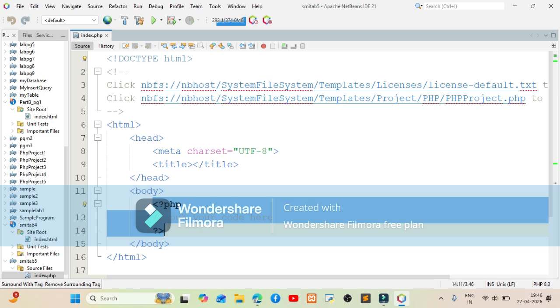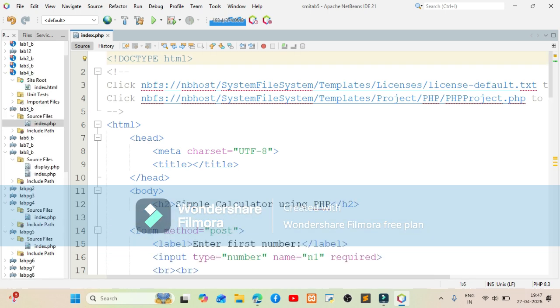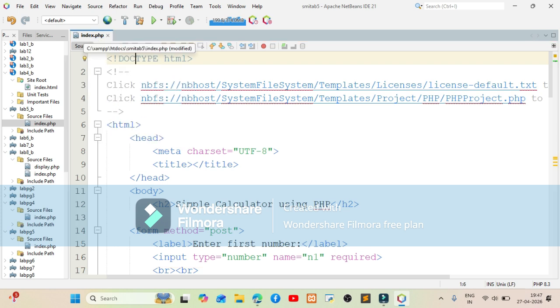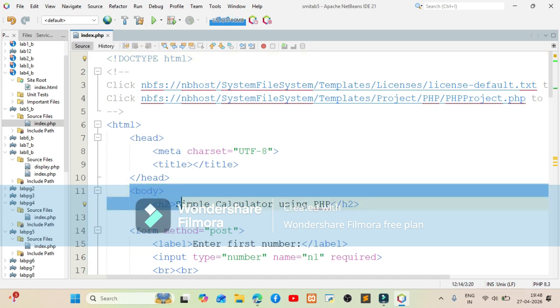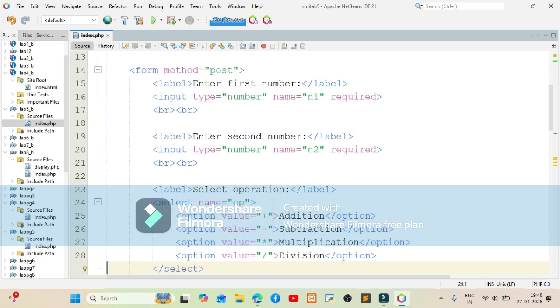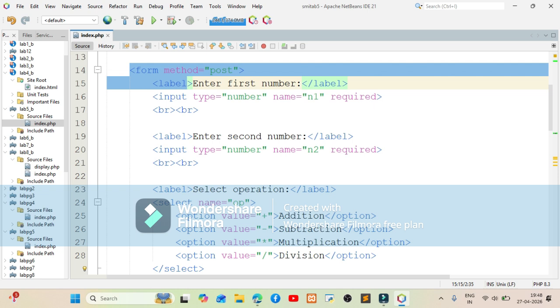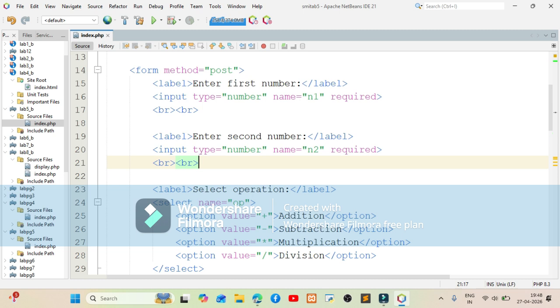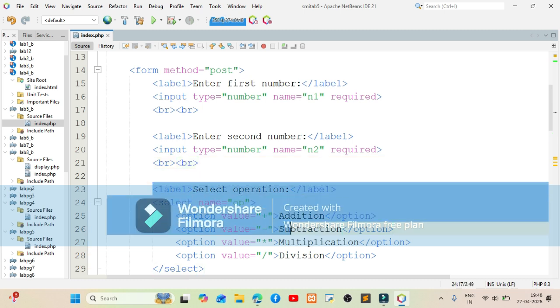So let us write our fifth program. By default, the file that is created for us is index.php. Inside our body tag there is an h2 tag, and we have written the heading as Simple Calculator using PHP. Then you see the form tag. Using this form tag, we are going to accept two numbers from the user, and we are also going to show options to the user.